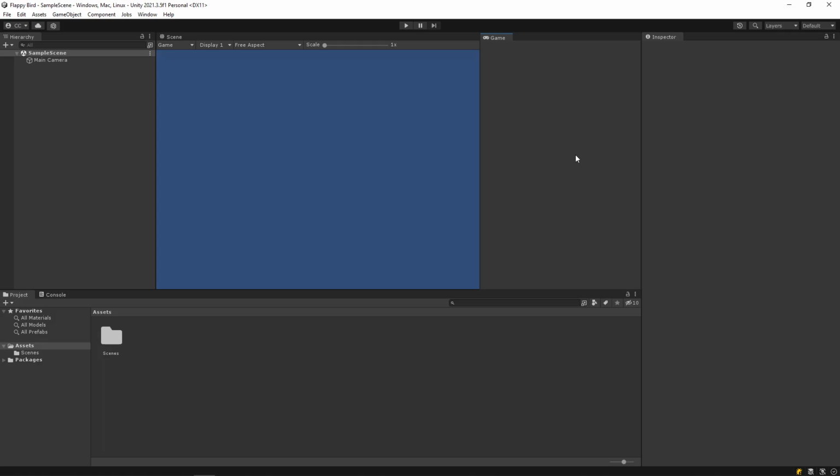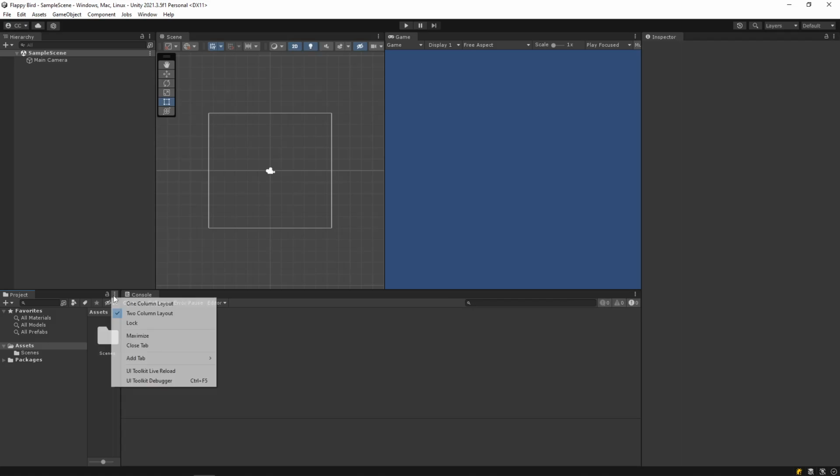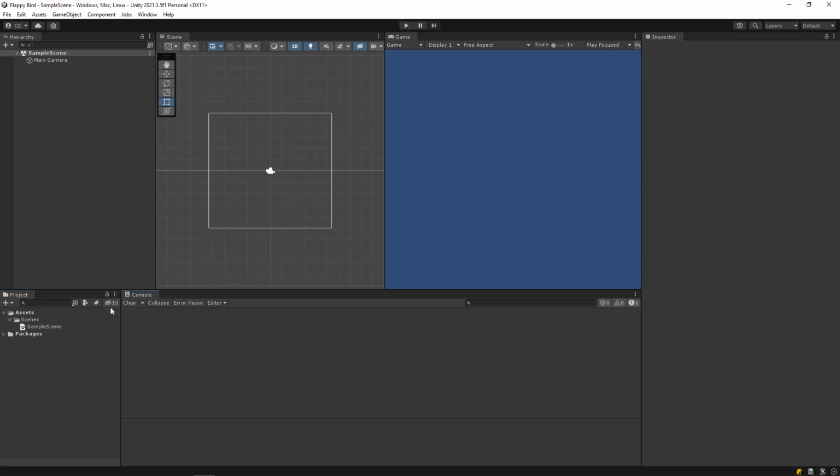So take this console, drag it out, put it on the right here. And in the console's case, the messages in the console are very long. So you want the console window to be very long, somewhere around there. And then there are also these 3 dots next to all of these windows. You want to click on that for the project window and click 1 column layout. You can do 2 column layout if you want, but I tend to experience that people are more comfortable with the 1 column layout. Really just up to your preference.